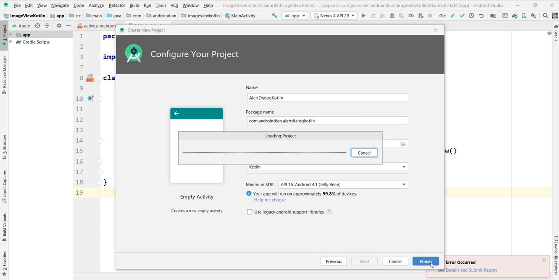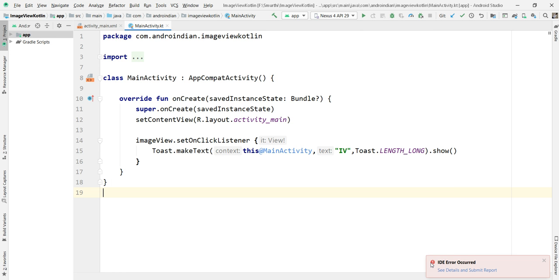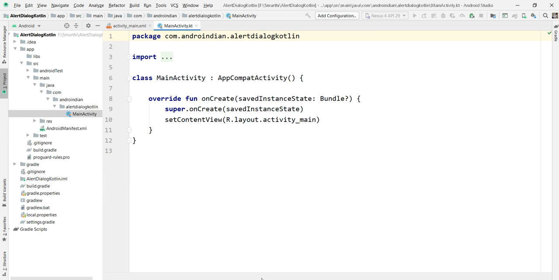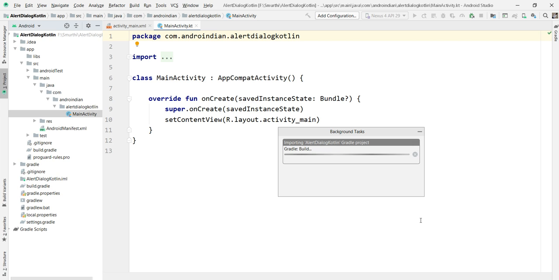Dialog. We'll click the button. See, the project has been created. Now I want to drag and drop one button.